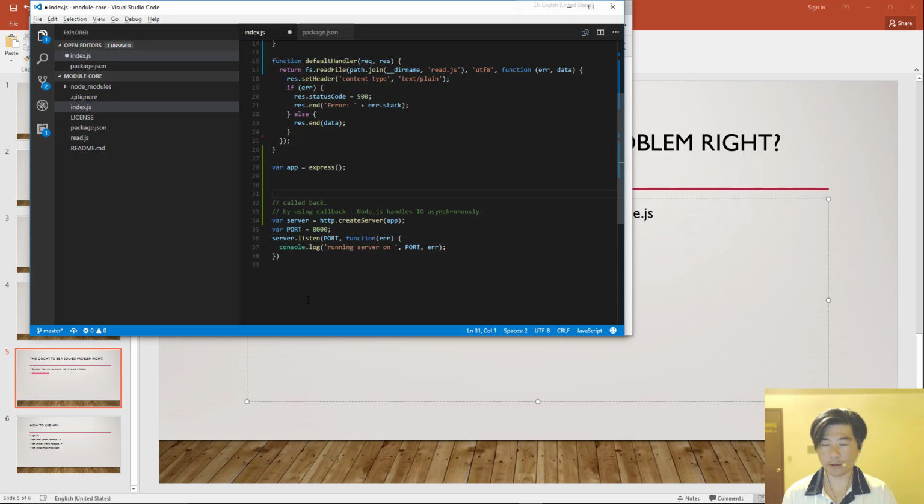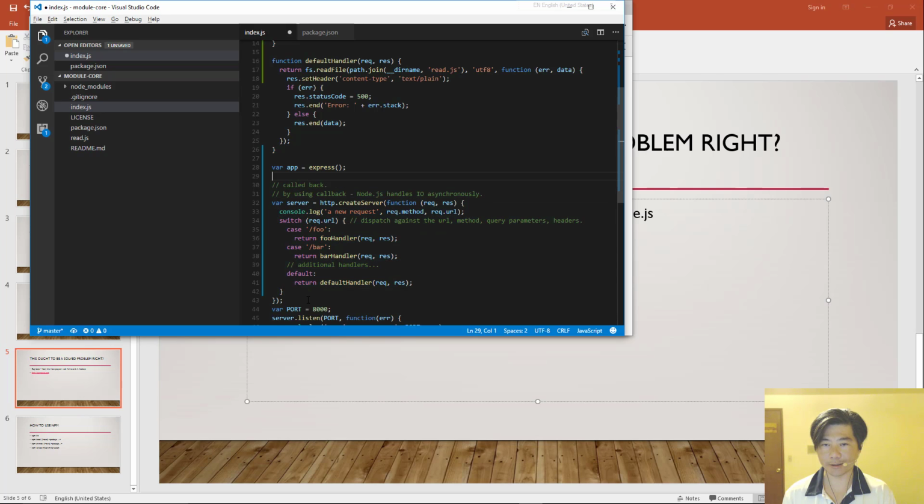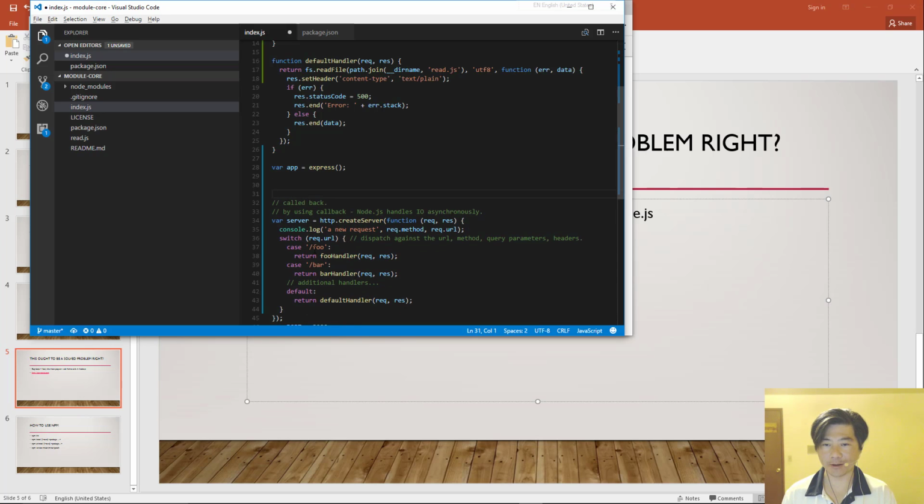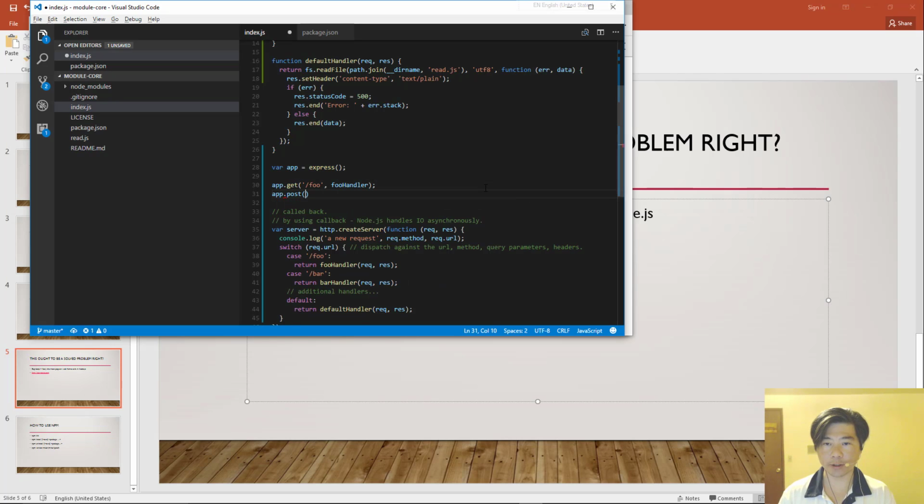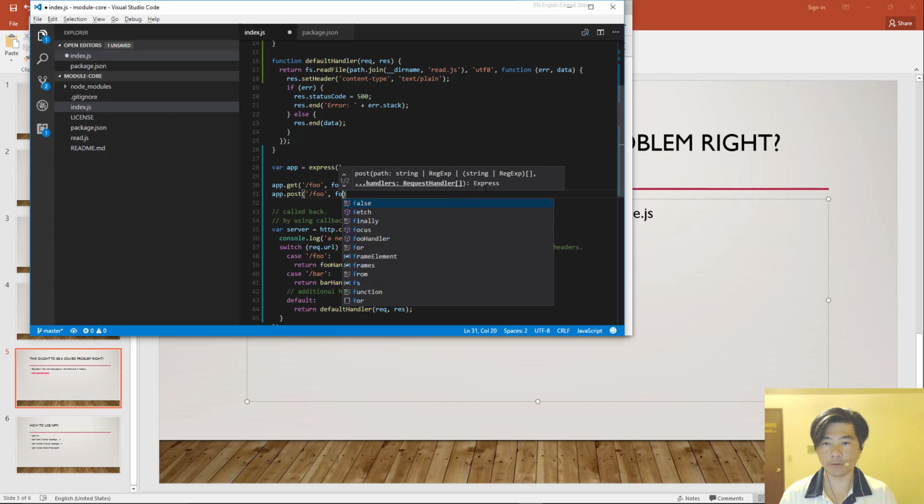But before we do that, I want to make sure I remember what path I'm using. So over here we do it like this: app.get, and then the path foo equals foo handler. So that's the equivalent of this. This get means that we are trying to dispatch it against the HTTP method GET. So for example, if we instead typed in post foo handler,